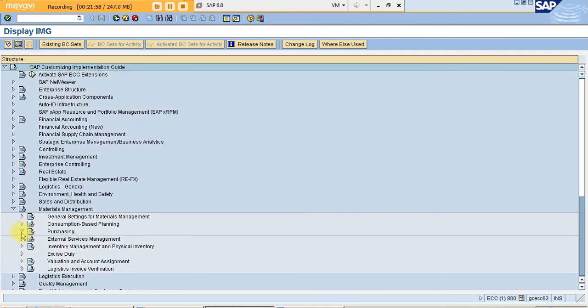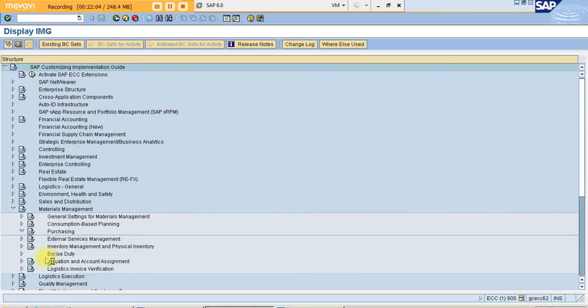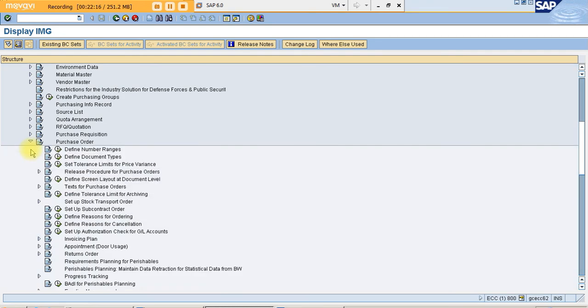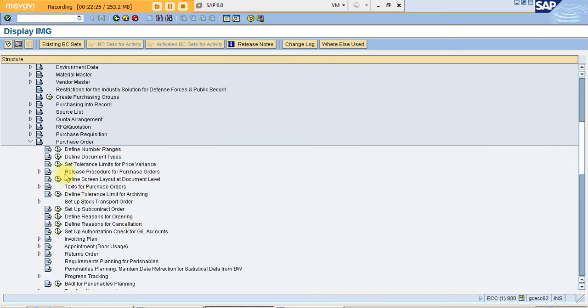You will find purchasing here, then purchase order. Just a minute, it's getting opened. Then purchase order. You will find purchase order. Set tolerance limits for price variance.